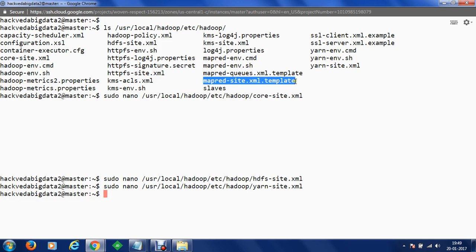But here we don't have a file for MapReduce, so we are going to generate the XML file using this template.